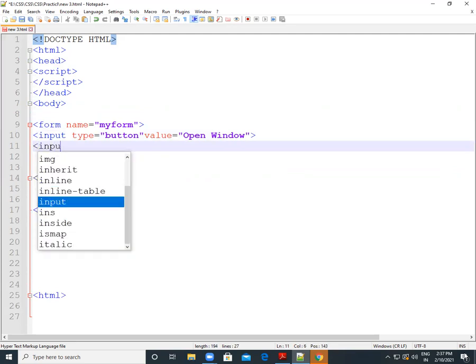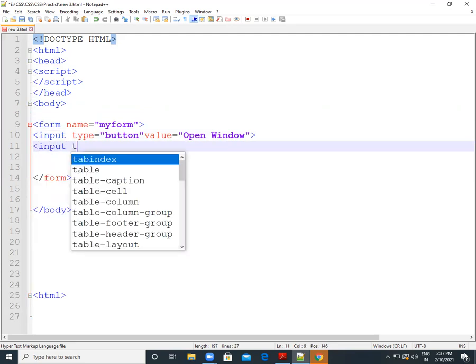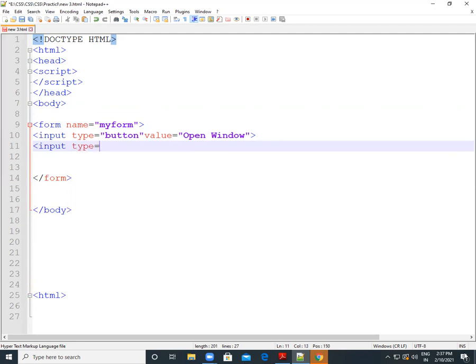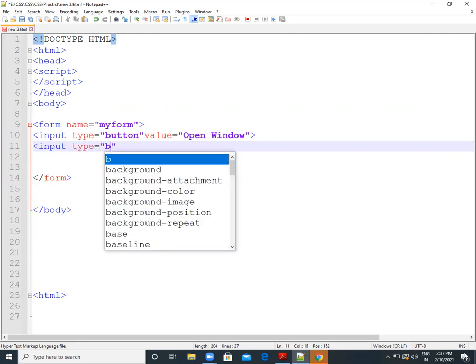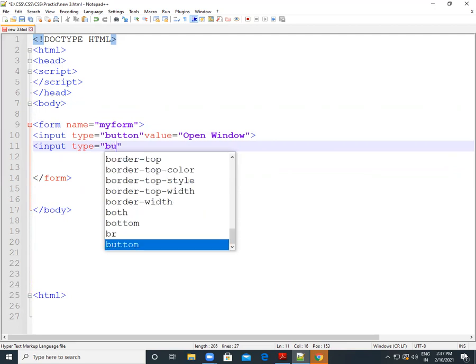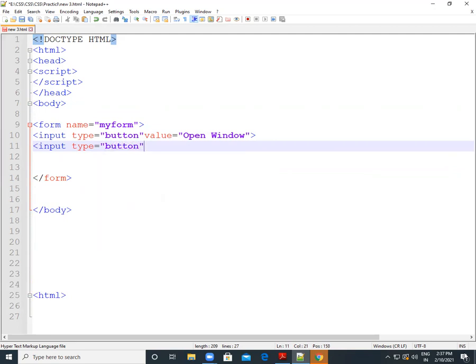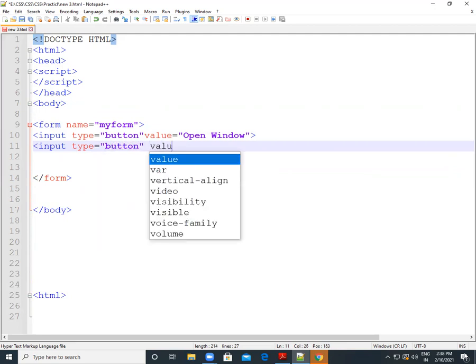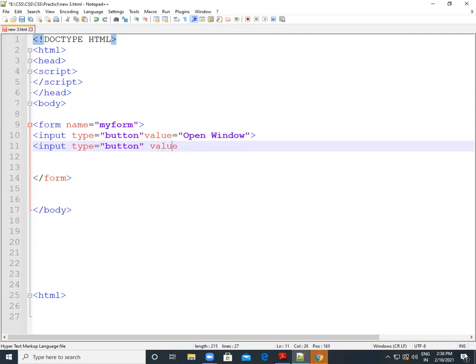Then also we will put another button here. For that we write input type equal to button, and we will give some value for that button. This button we use for the close option, so we will write here close window.